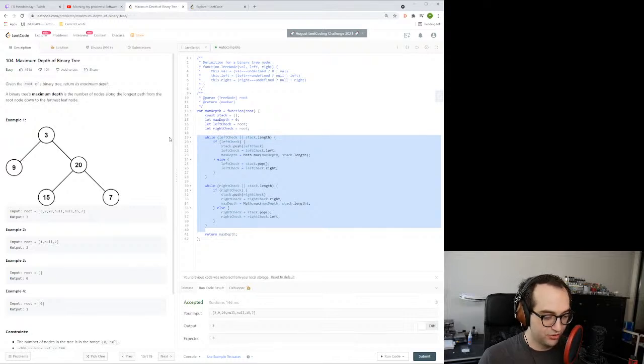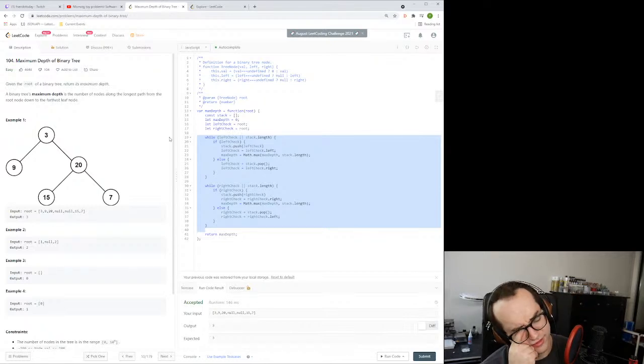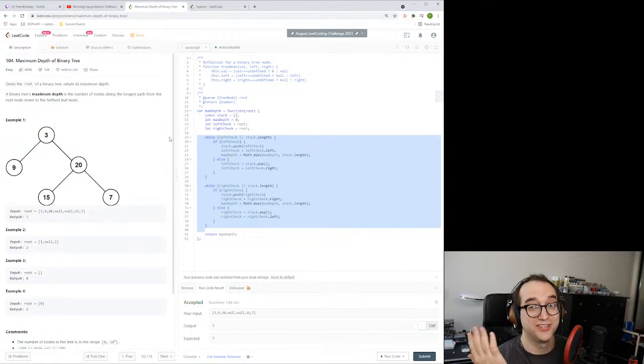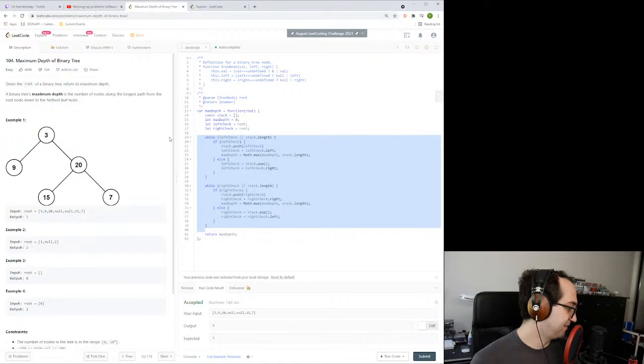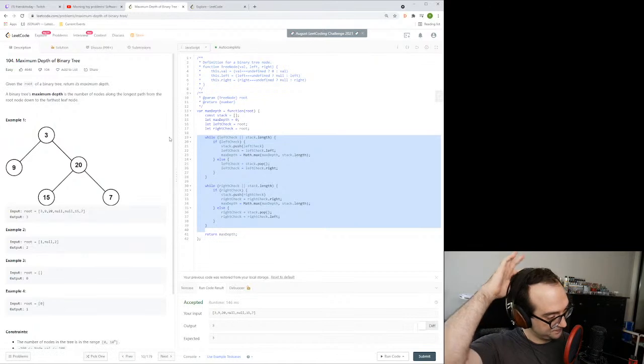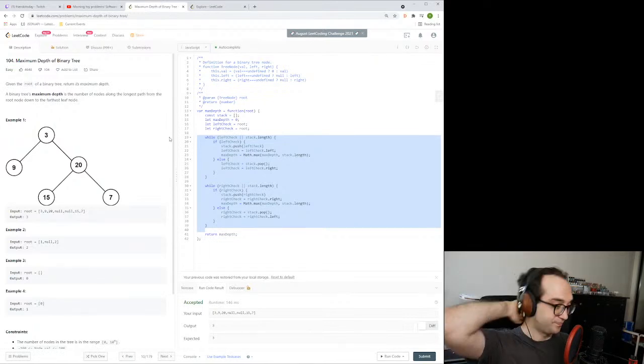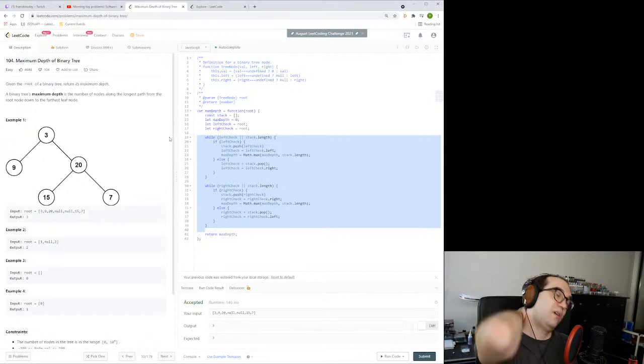Do we have to do something recursion related? I'd like to avoid recursion if possible. Just because A, it's complicated, and B, it's not actually used in real life very often. It's pretty bad programming practice. It's very memory inefficient in comparison to a loop. Well, maybe recursion's the answer here. And I might as well get some practice on recursion anyway, because okay, if we want to do this recursively,